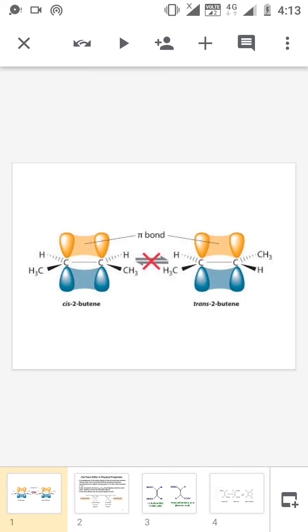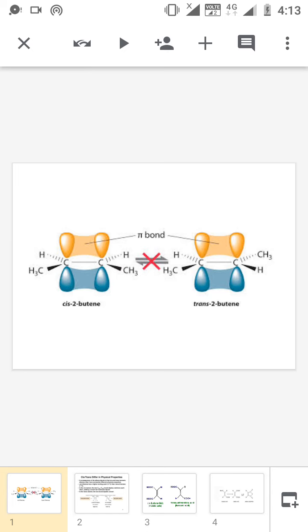Cis means both the substituents of the double bonded carbons are on the same side, we call it cis. And if both the substituents of the alkene exist on different or opposite sides, we call it trans. See in the example,